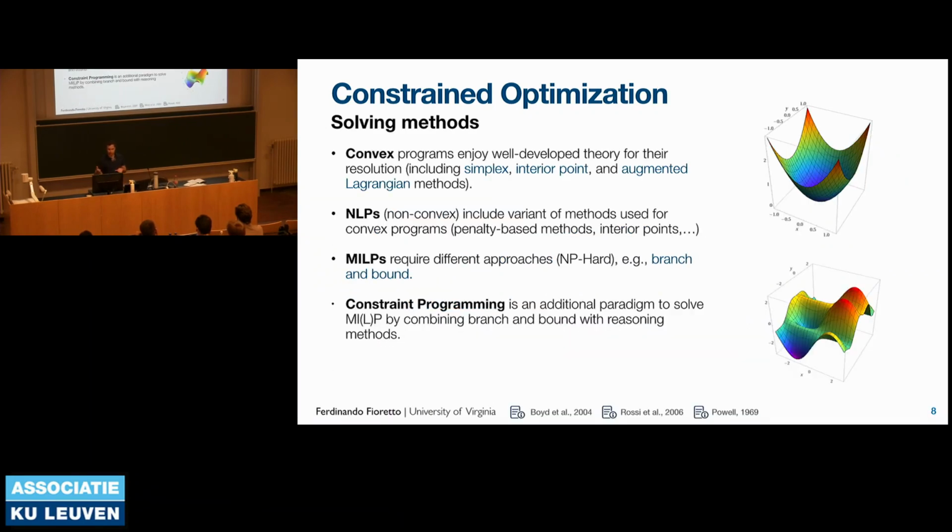And so, once again, we can solve convex programs. We like those. Non-convex problems, we can solve them with some variants of algorithms that are typically adopted for convex optimization, like interior points, augmented Lagrangian methods, and so on. For MIPs, we require another set of techniques like branching and pricing, as was mentioned earlier as well, for certain problems. And then CP, as nicely introduced by Tias earlier, is a fantastic tool that is used in so many applications and that merges reasoning and search.